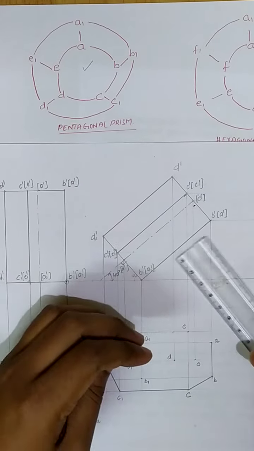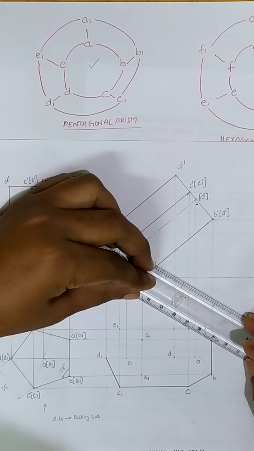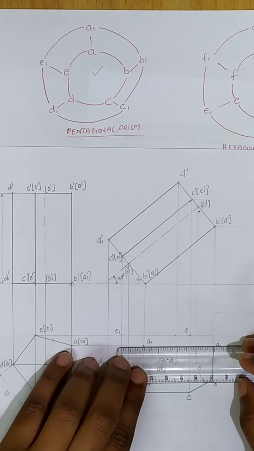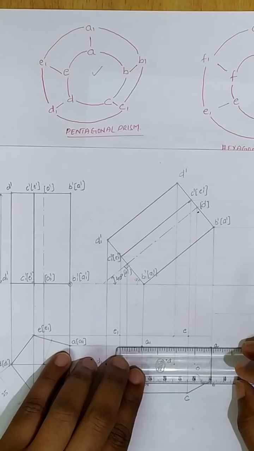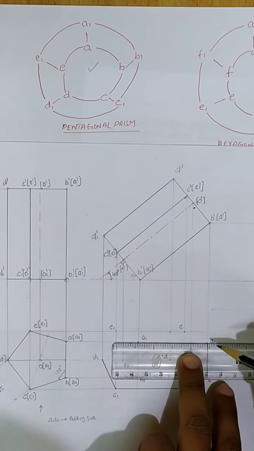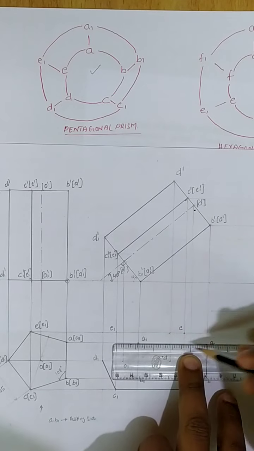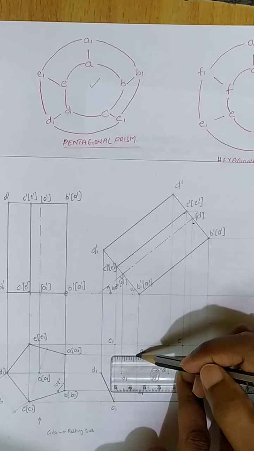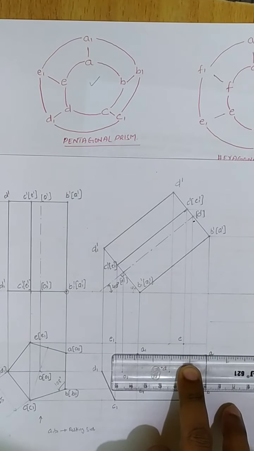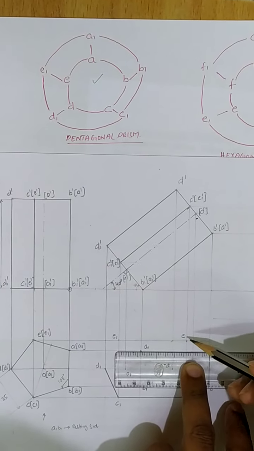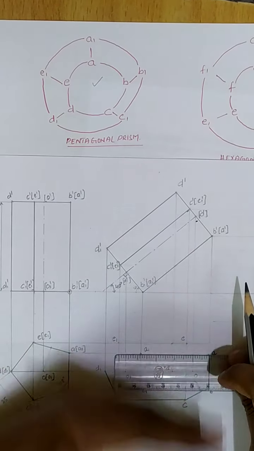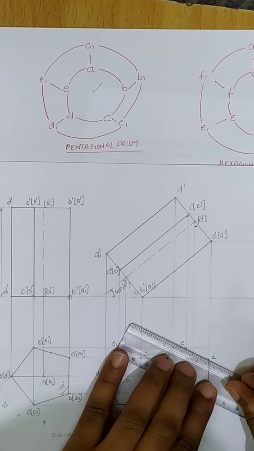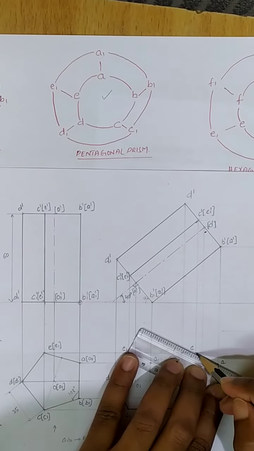AB is also a boundary line. Next comes A to E. Sometimes you will think that A to A1 will be the boundary line, so we check whether it is a boundary line or not. If I place the scale between A and A1, there is a line from A to A1. But see whether that becomes your boundary line or not. It is not a boundary line because the E point is above the scale and the remaining corners are inside the scale. Hence it is not a boundary line. That is how we have to confirm whether the line is a boundary line or not.